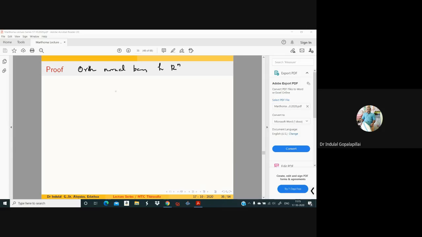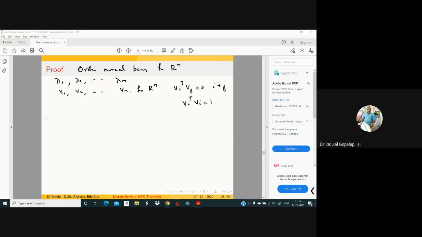An orthonormal basis for Rn consisting of the eigenvectors corresponding to lambda 1, lambda 2, etc., lambda n. Suppose this orthonormal basis is v1, v2, etc., vn for Rn. That means vi transpose vj equals 0 if i is not equal to j, because they are orthogonal. And since they are orthonormal, vi transpose vi is equal to 1. We have normalized these orthogonal eigenvectors.